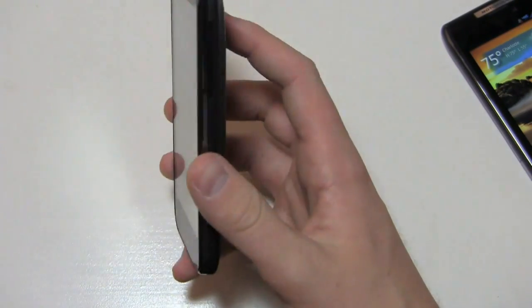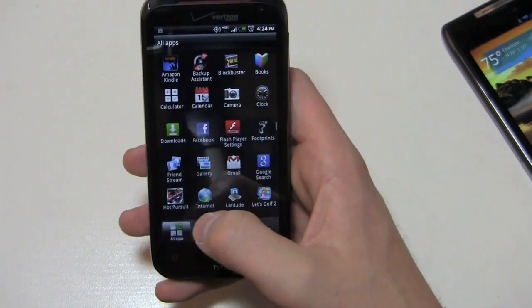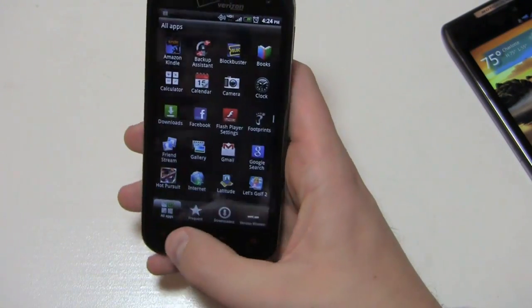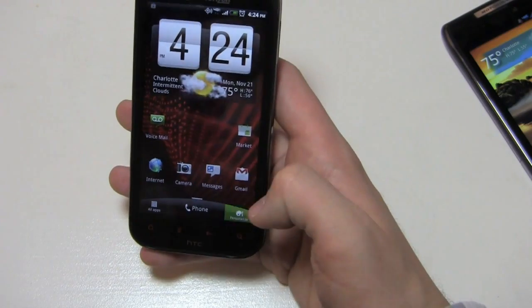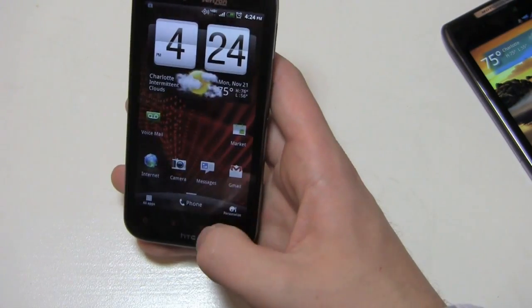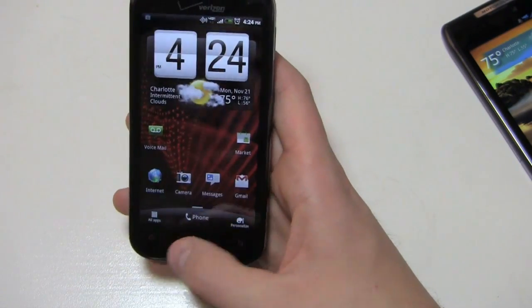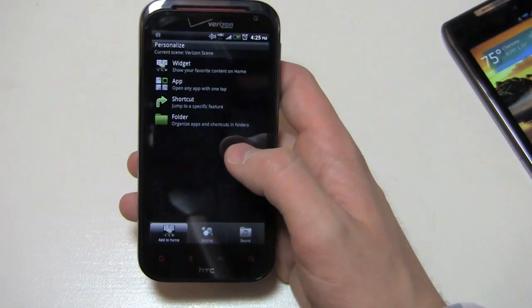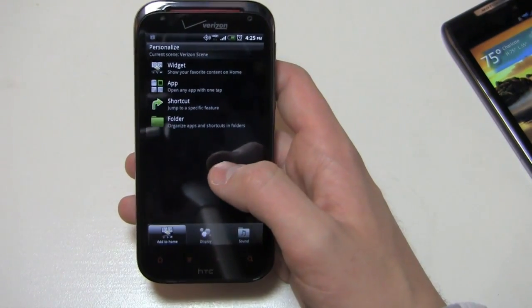Also, it's just interesting to see this carry over from the Evo 3D, the Sensation 4G, some of these more recent HTC handsets, where it seems like it just takes a second for everything to load up, which in comparison to the Droid RAZR, which I'll show you shortly, you don't really see very often. So let me focus on the personalization here, because one thing Sense does really, really well is